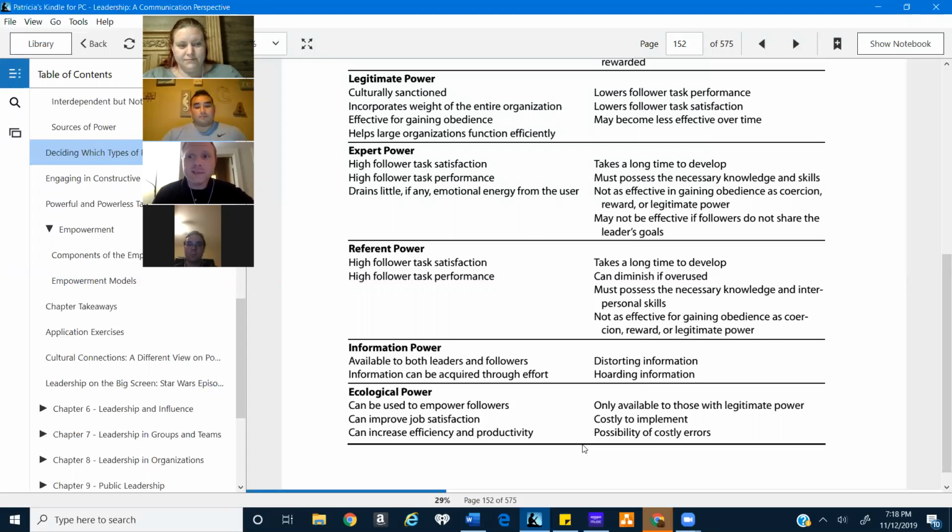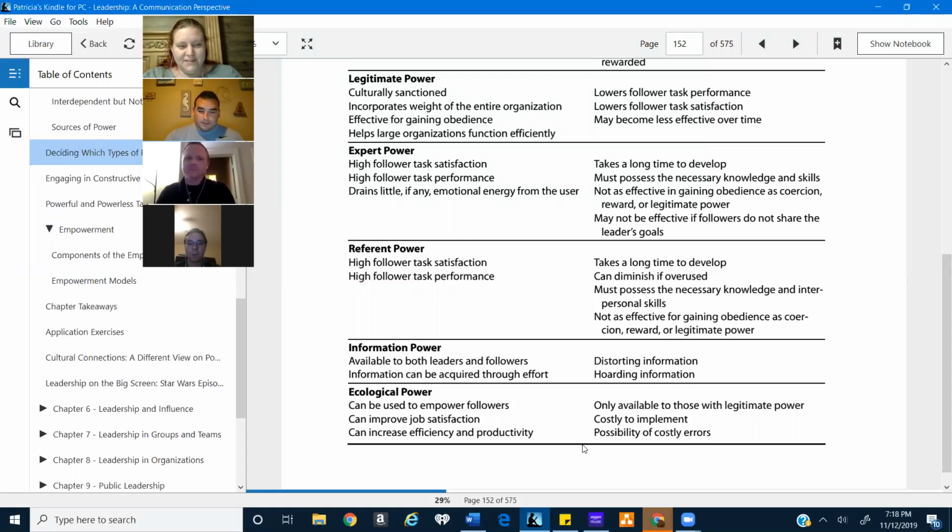So you mean organizational politics? Oh yeah, we can go into that too if we want to. But I was trying to relate it to your type of job, where someone could use that type of power.